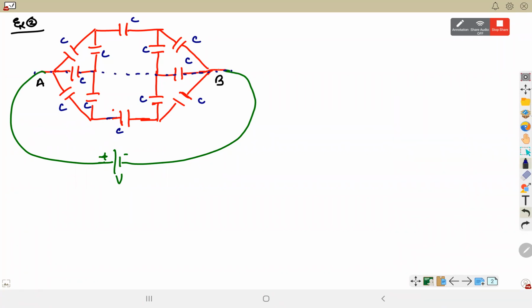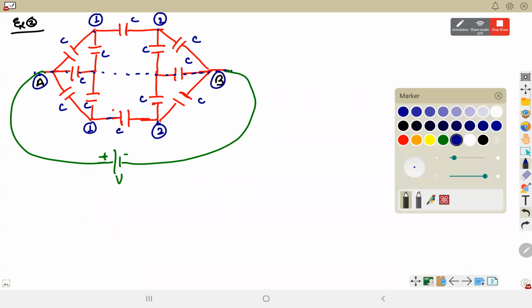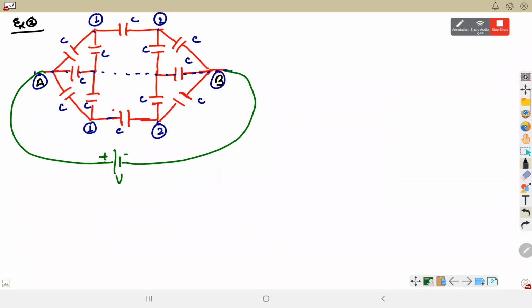This is the plane of symmetry. Plane of symmetry को अगर हम mirror assume कर लें, then mirror images are at the same point. So these are at the same potential. These two are at the same potential. They both can be considered as 2 and 2. And now we'll draw this circuit. There are two more points left. Let's take this as 3 and this as 4.